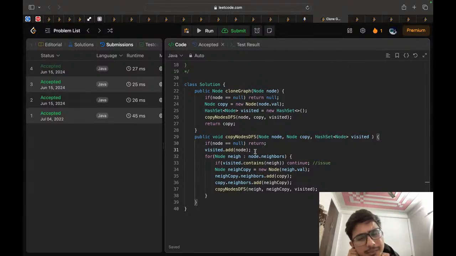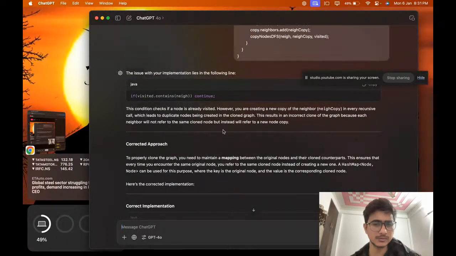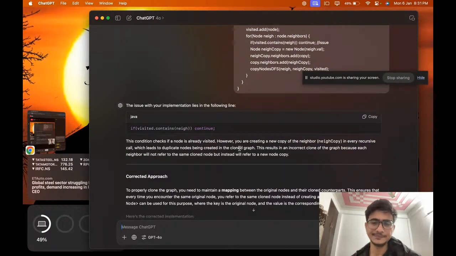Then for each neighbor, we are adding copies to each other. Okay. So this condition,